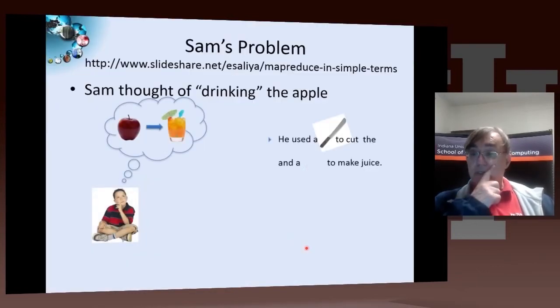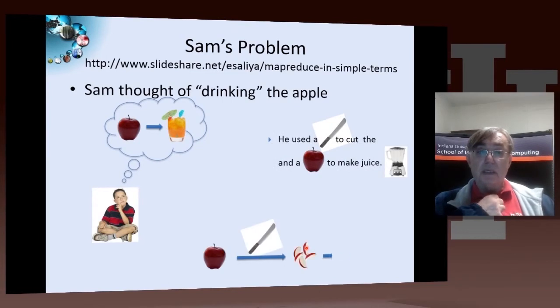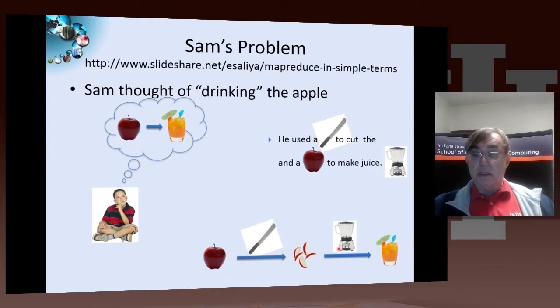Here's an example from Judy Chu and a student of mine, Celia. It uses an apple to try to illustrate MapReduce. And so the map here is cutting the apple up to make apple slices and then blending the apple slices to make a drink. So that's MapReduce. This is a map. This is big data, where the data is the apple, and the information or knowledge that comes out of it is the drink.